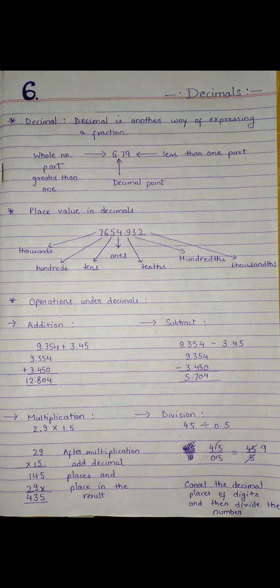And how I got that answer? I took one decimal place from the first number, that is 2.9, and another decimal place from the second number, that is 1.5, and I placed both the places together in front of the result. That is why my answer came 4.35, that is decimal before the two digits.